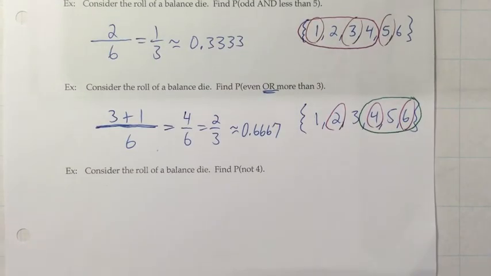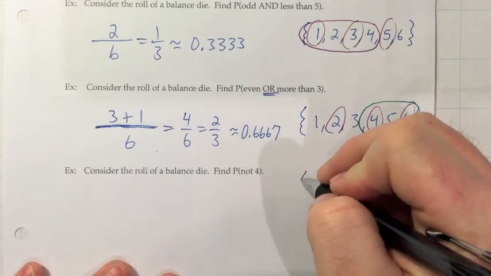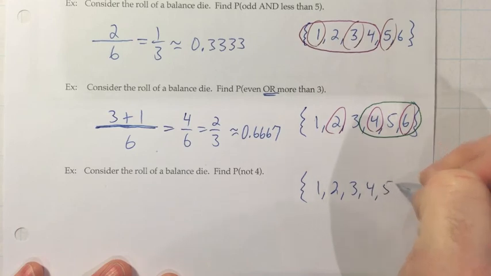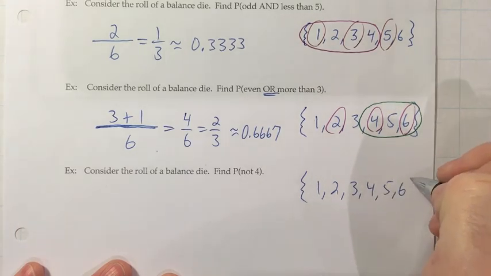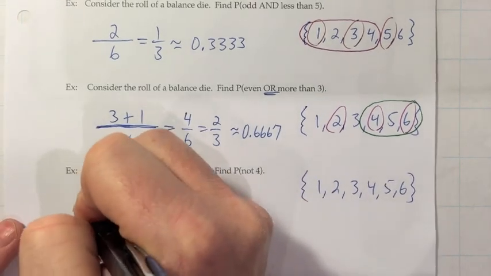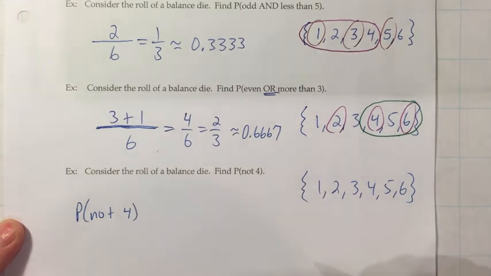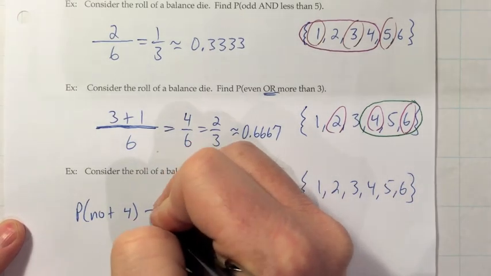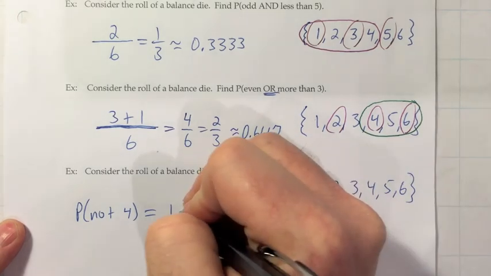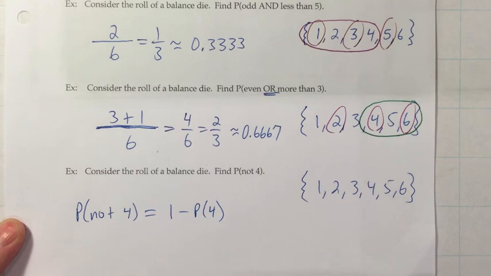All right, let's look at one last of these. Consider rolling that balanced die. What's the probability that what you get is not a 4? So again, what's our sample space? 1, 2, 3, 4, 5, 6. And I just want to point out the use of the complement rule here. When they say what's the probability that it's not a 4, we could just think about what number it could be. But according to the complement rule, we could take the total of probability, which is 1, subtract out the probability that it is a 4, and that should give us the answer.